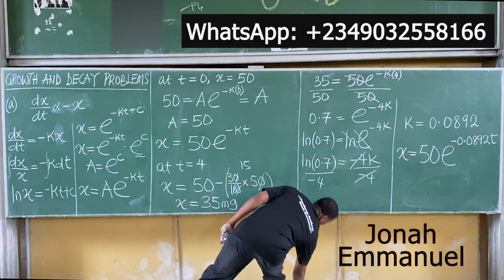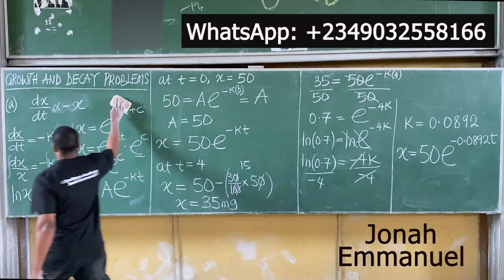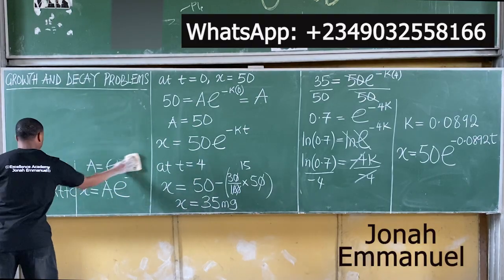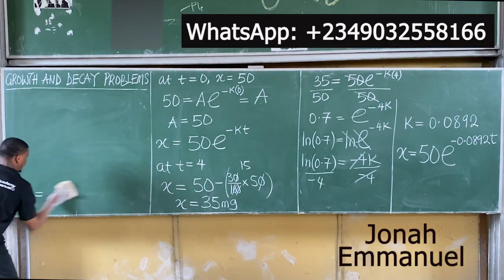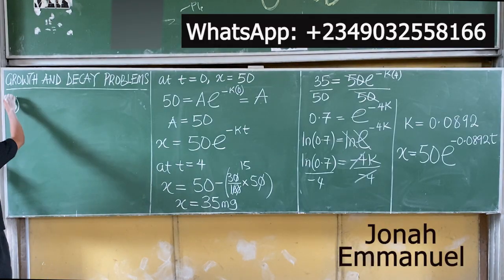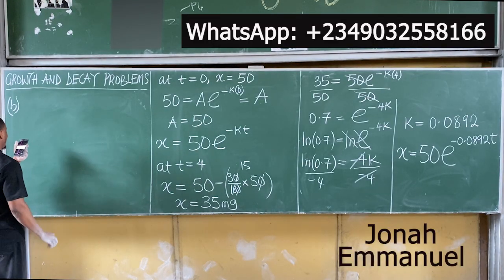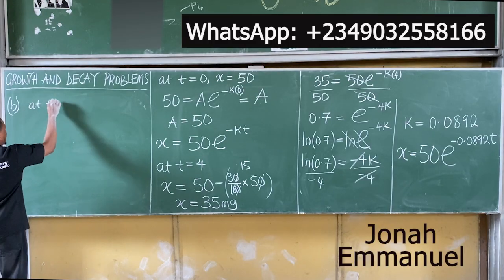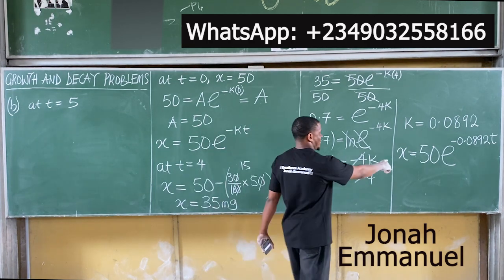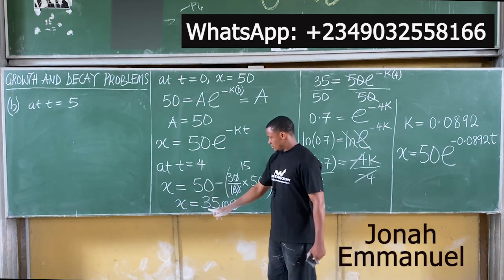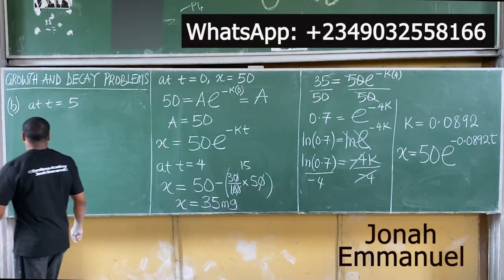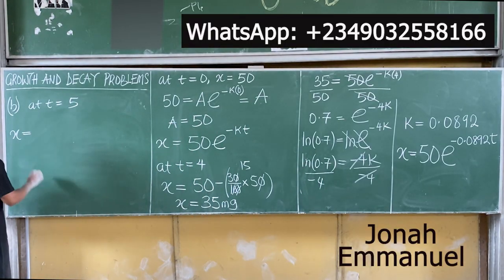Let's do the B part. B part says, what is the mass after 5 hours? So t is equal to 5. Now the mass is represented as what there? x. The mass is x, in milligrams. That's the mass. So at t equal to 5, the equation there is